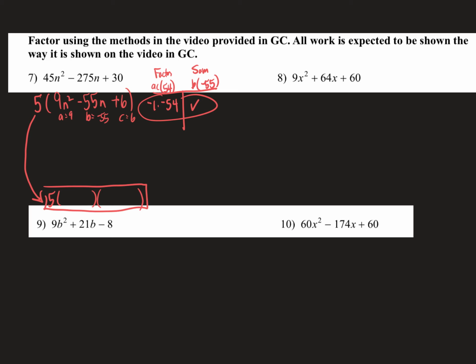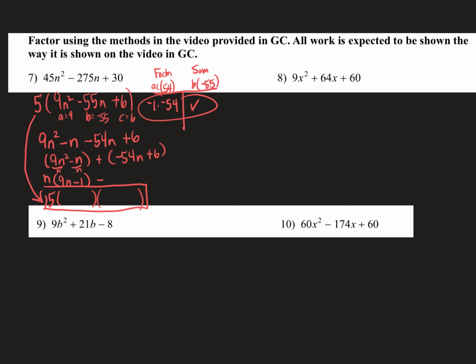I'm going to rewrite 9n squared minus 55n plus 6 as 9n squared minus 1n minus 54n plus 6. I'm going to group the first two together, put a plus sign, group the last two together. The first group has n in common. Divide both of those by n. Please show this work. So 9n minus 1